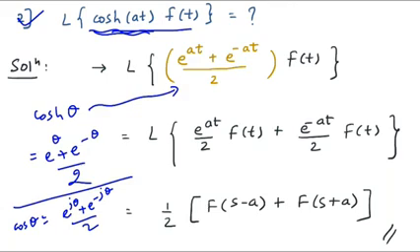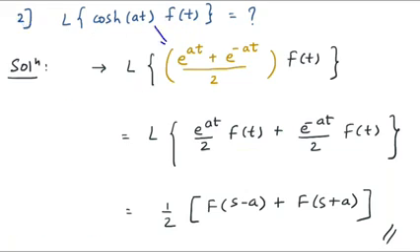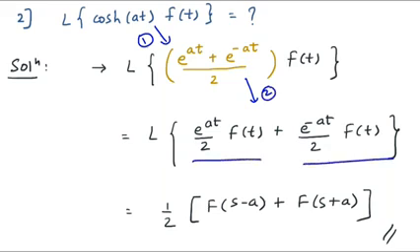Once you simplify the question, the next task is to use the property. So the first step in this question was the conversion part. The second step is the splitting of the function, right? So this is the first function, this is the second function, and whenever we have two functions in addition or subtraction format, we can split the Laplace.